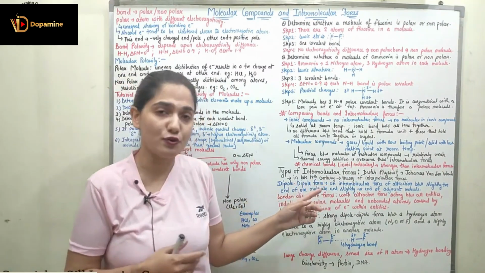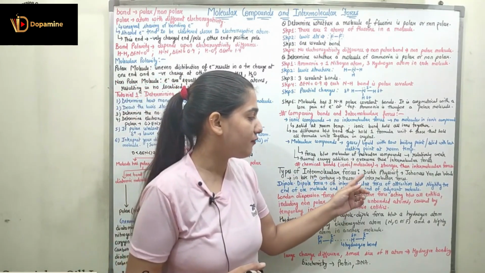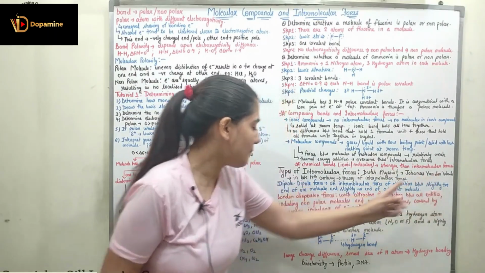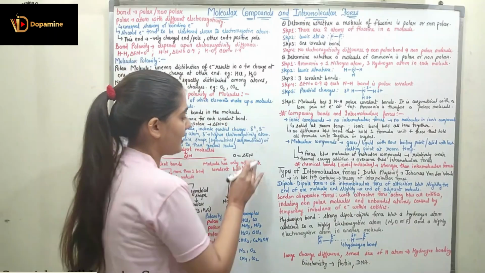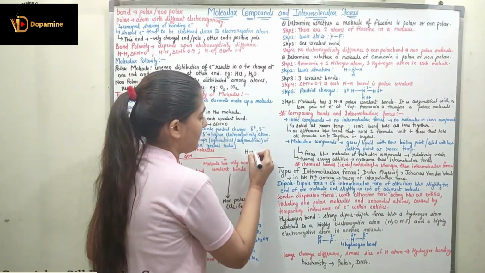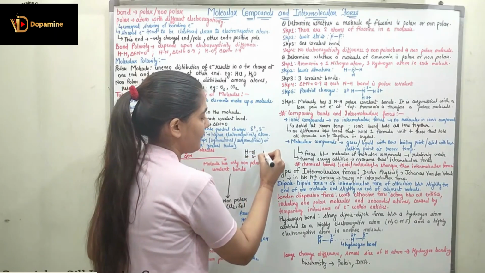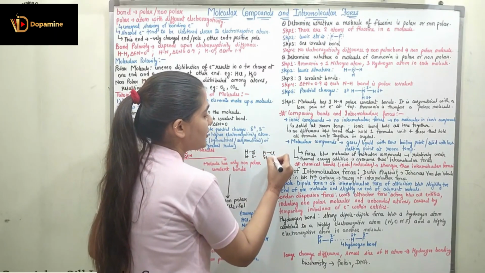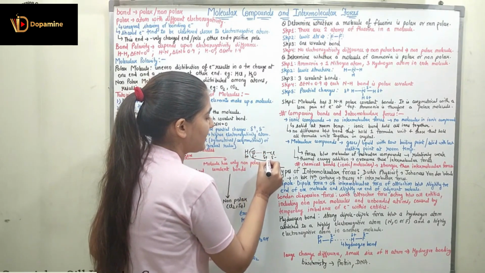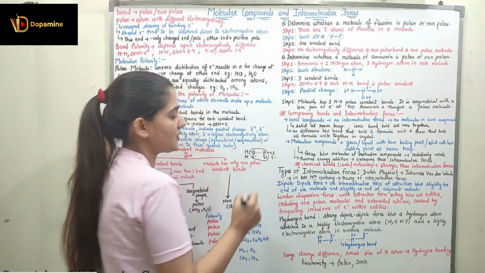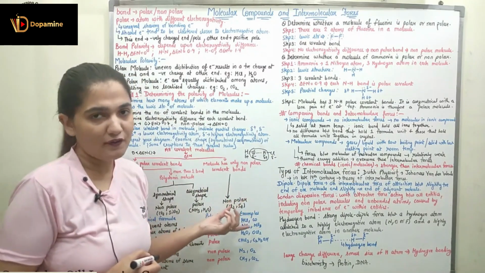First is the dipole-dipole force. The dipole-dipole force is an intermolecular force of attraction between the slightly positive end of one molecule and the slightly negative end of an adjacent molecule, right? So if I talk about HCl, in HCl, hydrogen is slightly positive and chlorine is slightly negative. Again, if I have one more HCl, hydrogen is slightly positive and chlorine is slightly negative. The force between the slightly negative charge of one molecule and the slightly positive charge of another molecule is the dipole-dipole intermolecular force, right?